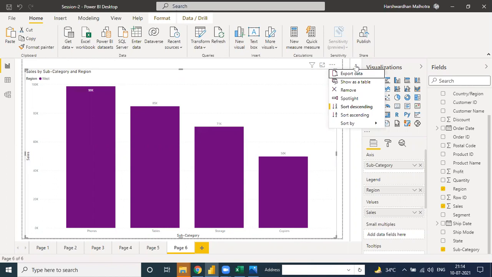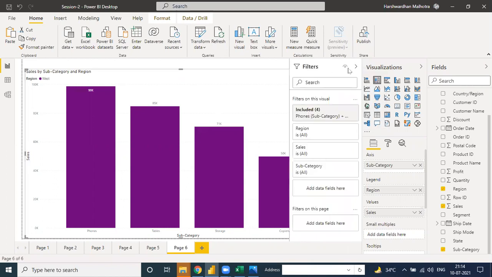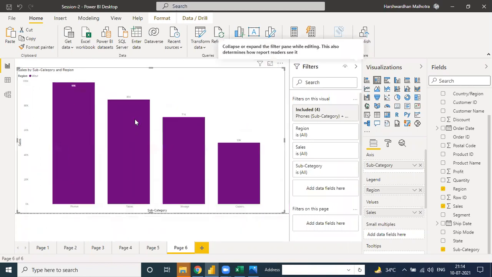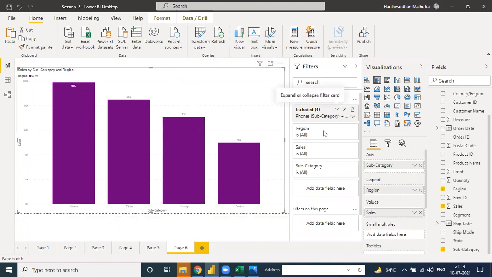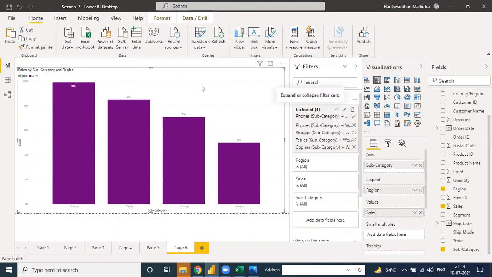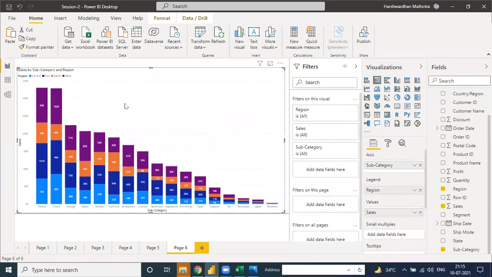And once you click here, see what tasks we have done. We have included it and see there is an option here: include four, phone, subcategory, these four. So you have done it. If you cancel this, you can go back directly. So these are the part of include, and the second one is exclude.